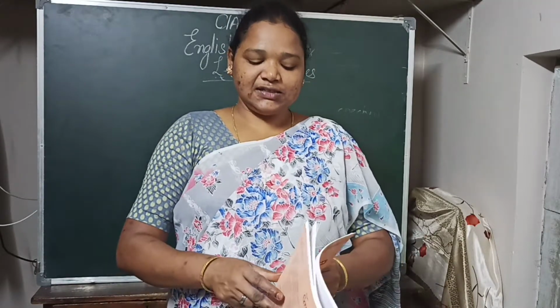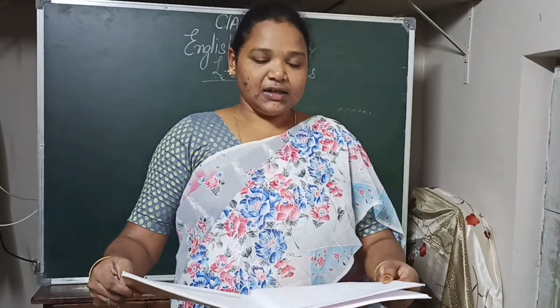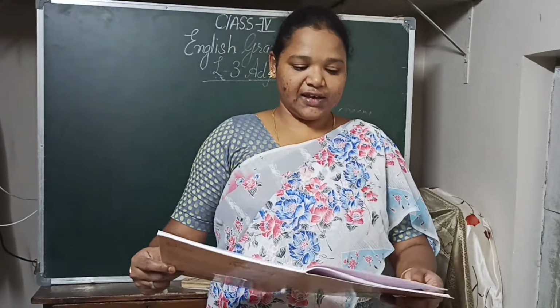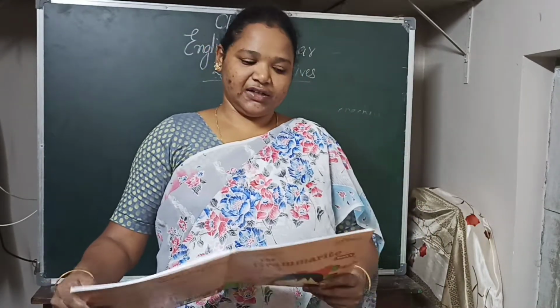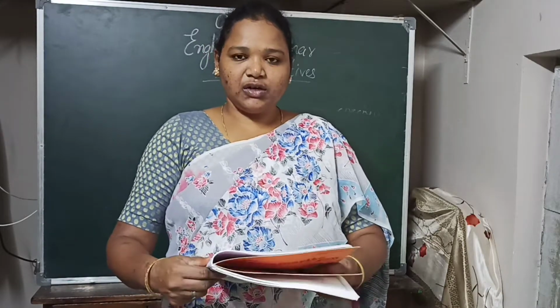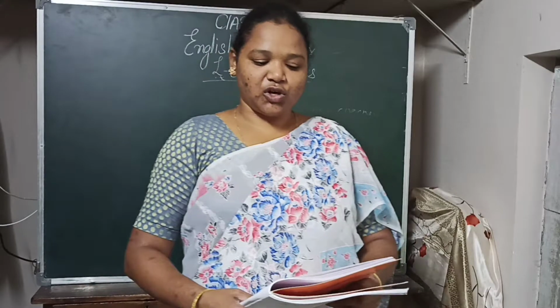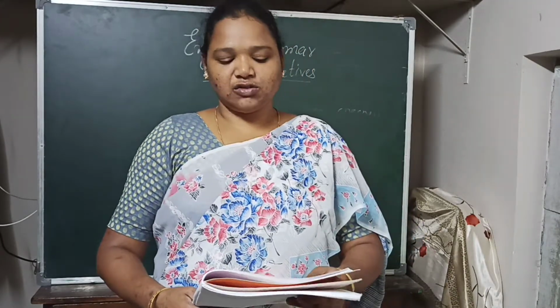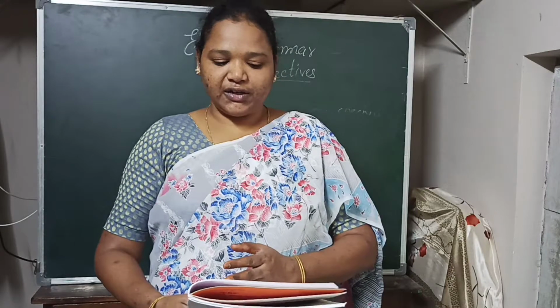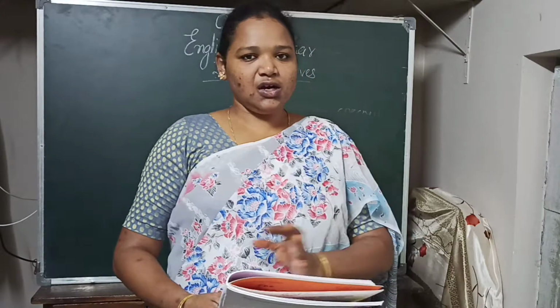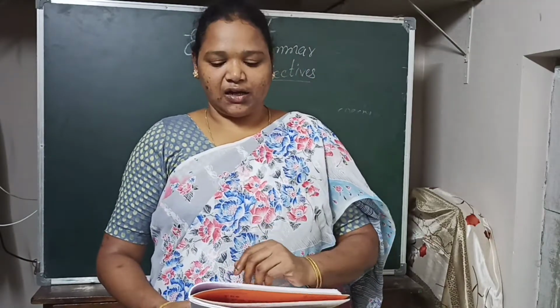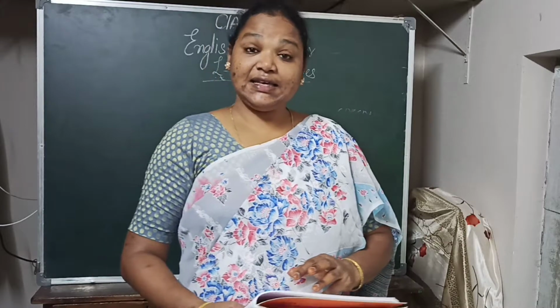So to understand these 3 degrees, we have to look at this table on page number 22. They have given a table to tell us about the positive, comparative and superlative degrees. So what we have to do with the adjectives when we have to compare in positive, comparative and superlative degrees. Okay. So with most adjectives in positive degree, we simply state about one thing. So big, thick. For comparative degree, what we do? We add ER to the given adjectives. And in superlative degree, we add EST.